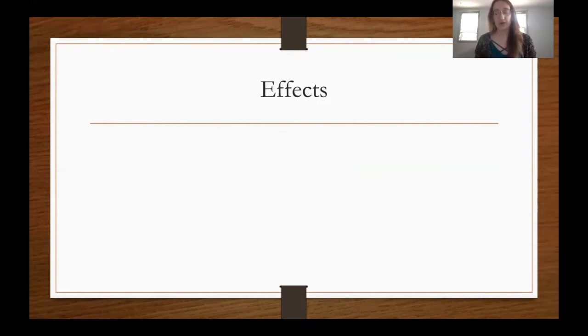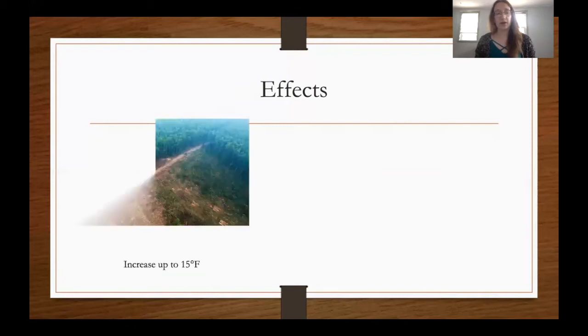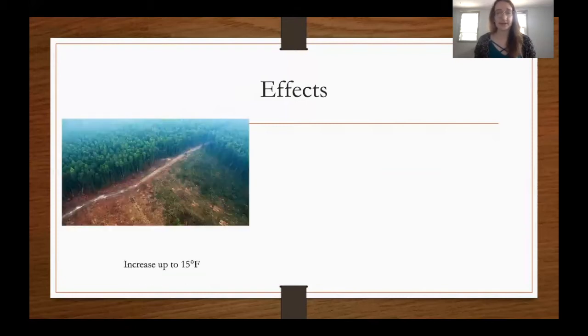So, if you think about deforestation, removing trees, one of the major impacts is climate change. We are having an issue where there are too many greenhouse gases in the atmosphere, and that is causing an increase in global temperature. Studies found that in land cleared right next to the forest, the temperature increased up to 15 degrees Fahrenheit, which is not good for the local climate and does have impact on the global climate as